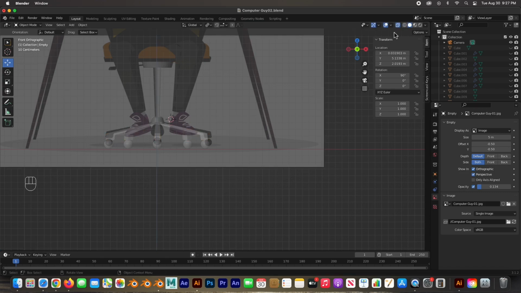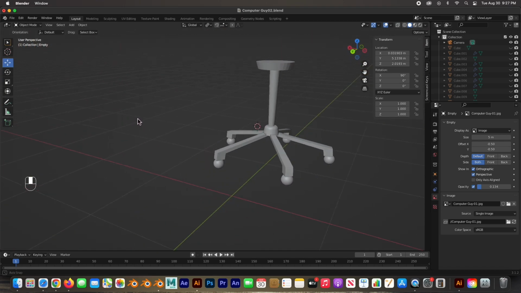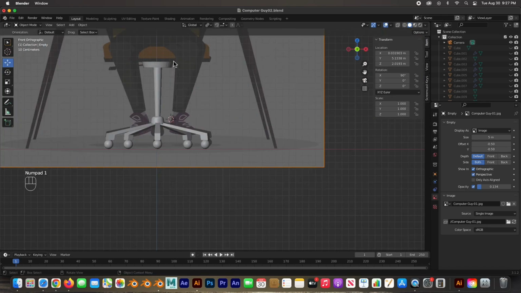All right, let me turn off X-ray so we can take a look at what we've done, and there it is. There's the beginning of the chair. Let's create the bottom, this panel. I'm gonna do a